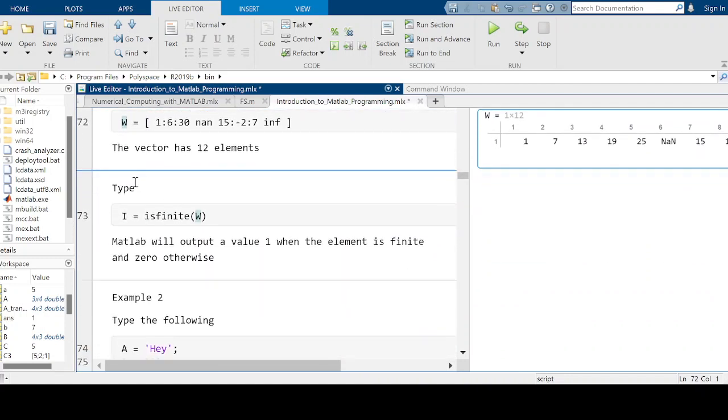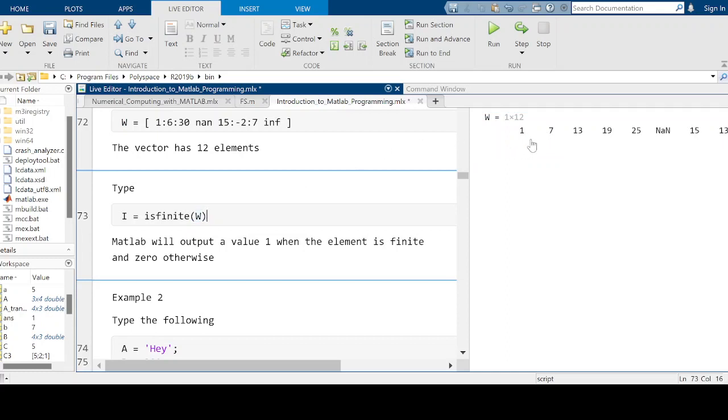Then we type isfinite, then we pass in W. This should check whether each of these elements is finite. So this should output a value 1 whenever the element of W is finite, and 0 whenever the element of W is not finite. Like this one is not finite, so there should be a 0 here, and a 0 where there is